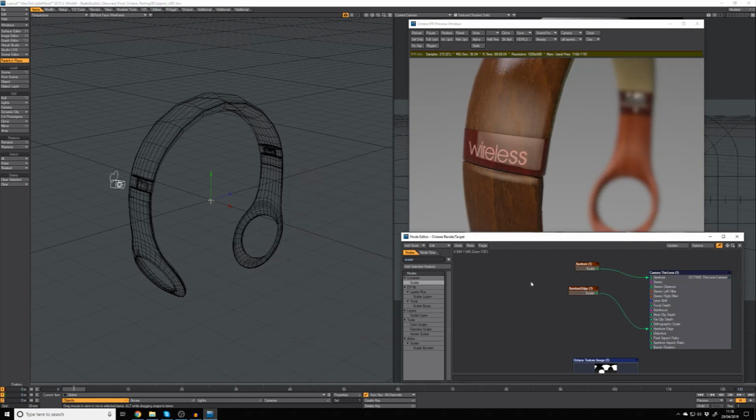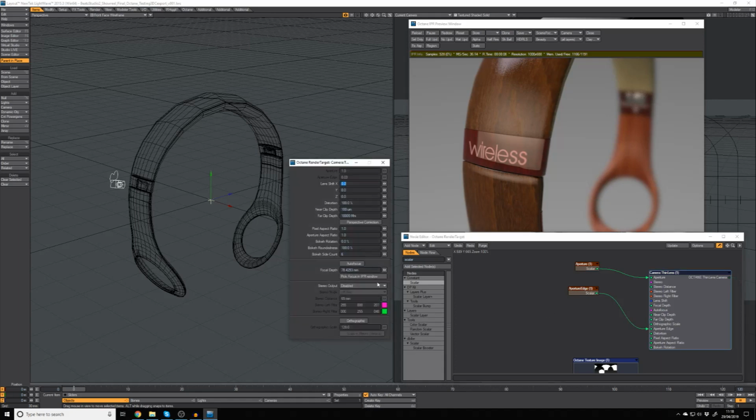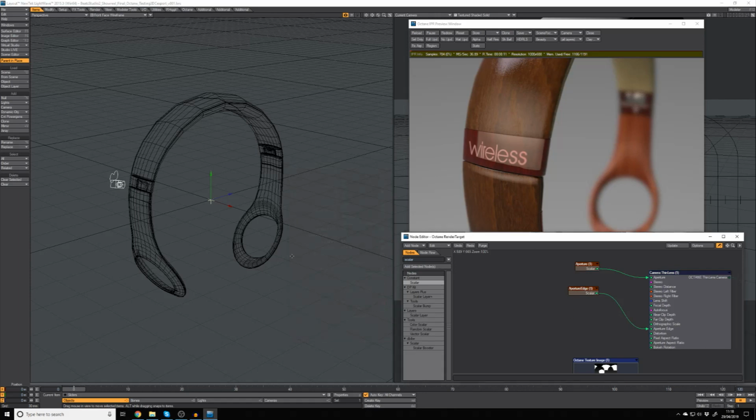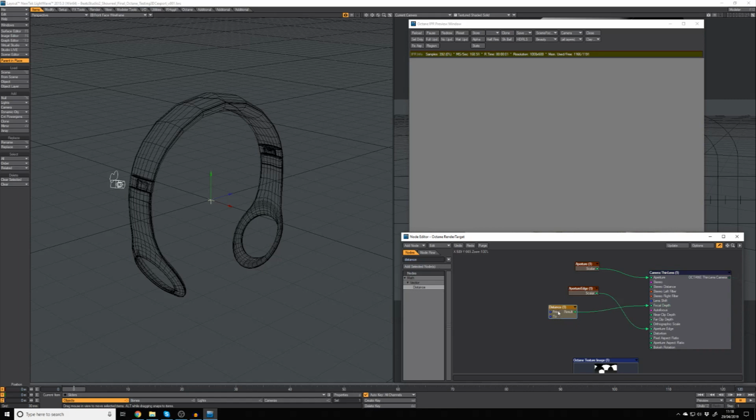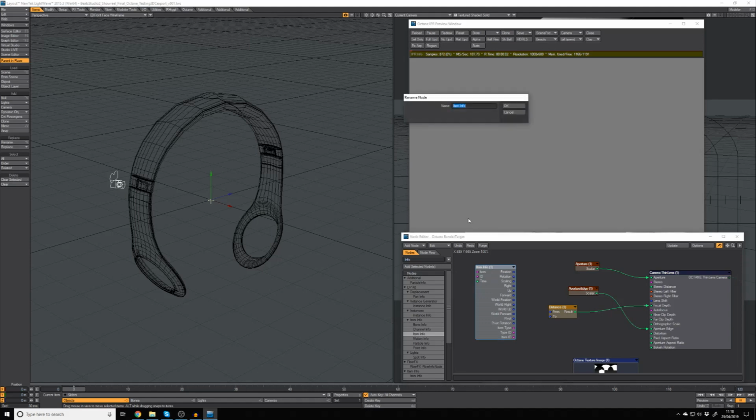What if we wish to use a null to drive the focal point instead of having to click on the IPR camera every single time? Well, what we can do is set up a distance node, and the minute we drive that into focal depth, it will disappear. We need the distance for the camera, so we're going to use the item info node. We're going to call that camera. Double click on the node, and we're going to click on camera,